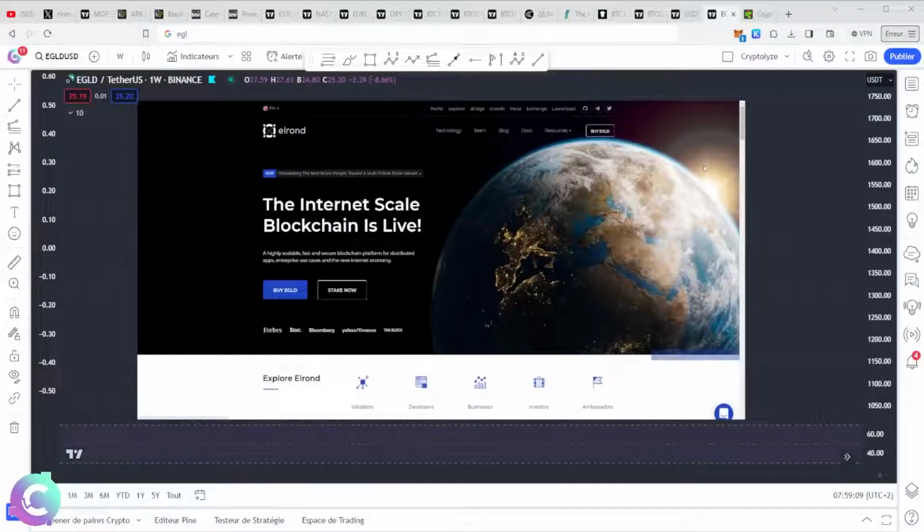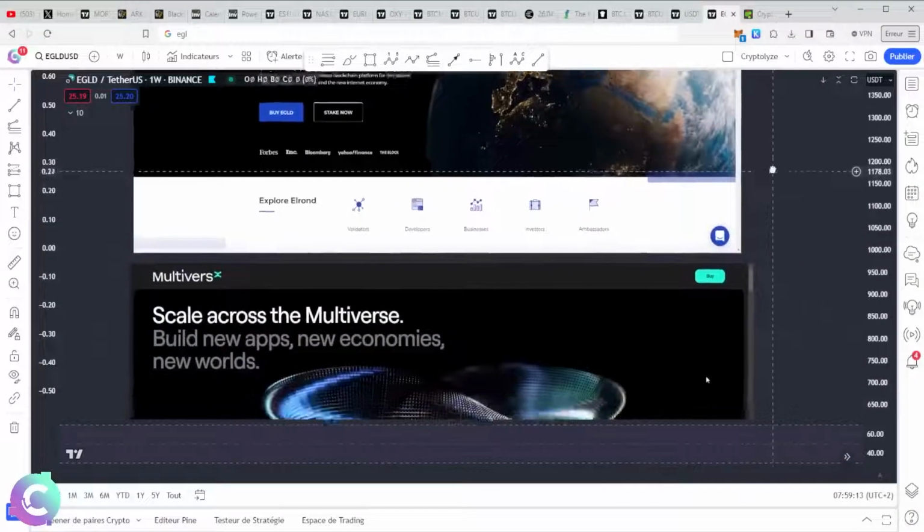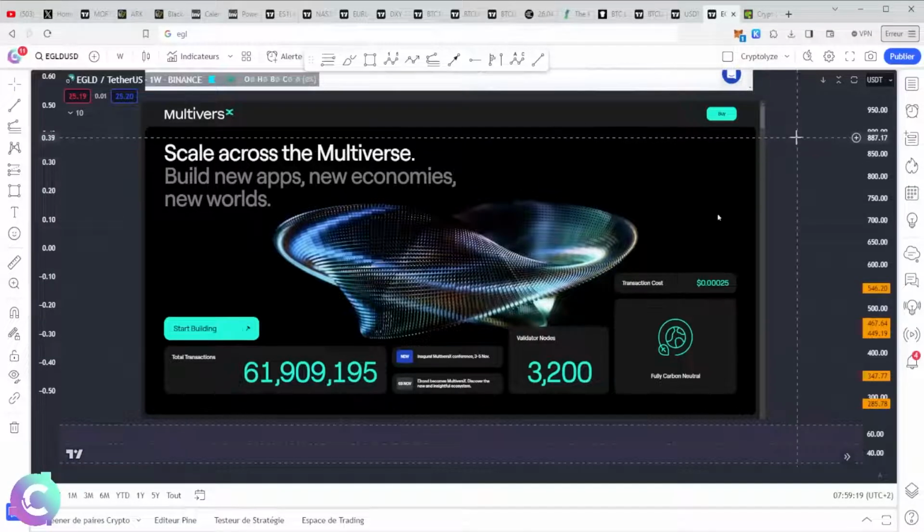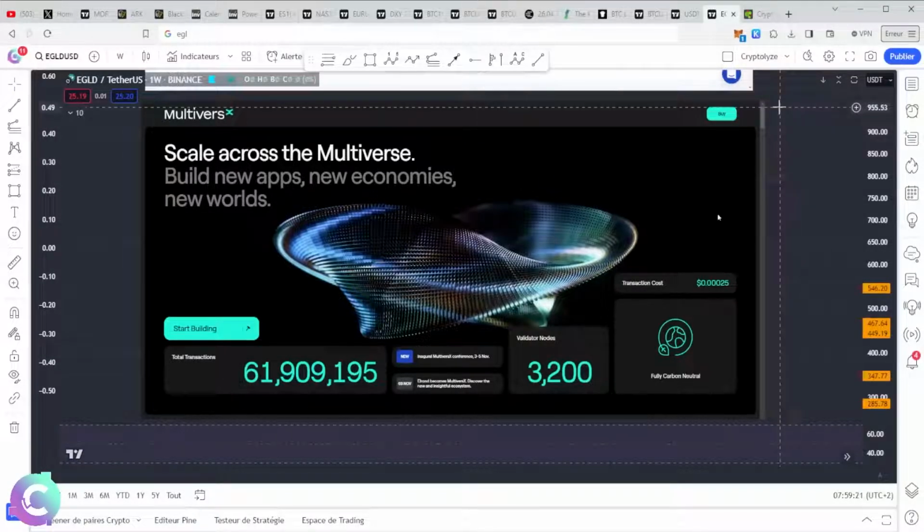What is Multiverse X? Many still call it Elrond because that's the old name and this is the old site, but they bounced back as Multiverse X. We'll talk about that a little later, but basically, it's a tier 1 blockchain, so it's an infrastructure blockchain. Clearly, its goal and its business model is to provide developers with development kits and functional blocks so that they can build decentralized applications. From these decentralized applications, there will be users, and these users will pay transaction fees.